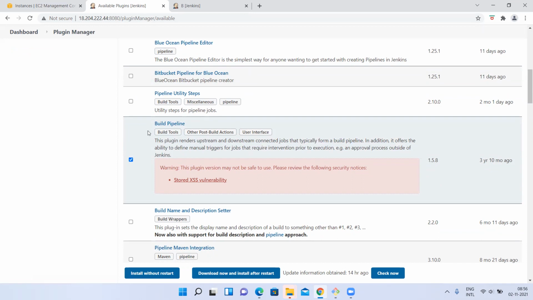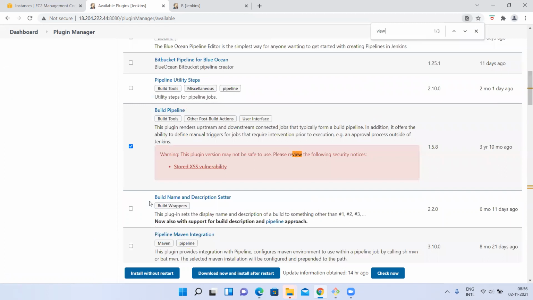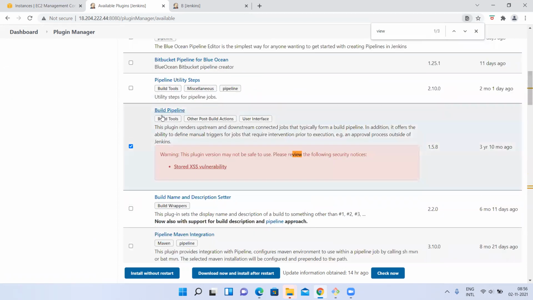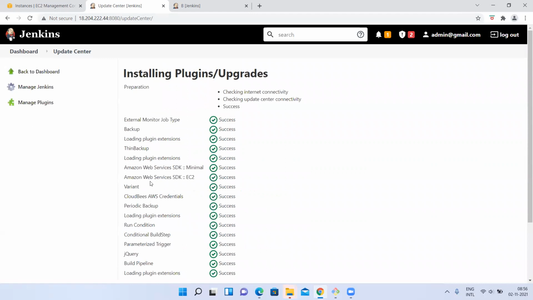The pipeline. Okay, I think this is build pipeline or something. Let me check with the view. I think this is the plugin. Let me add this and see. Build pipeline is a plugin. It will be there in the document. Okay, I added that plugin.